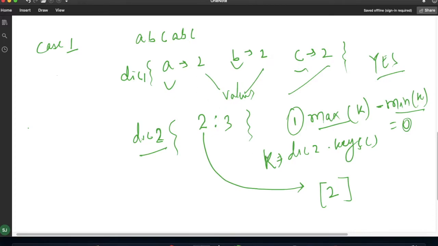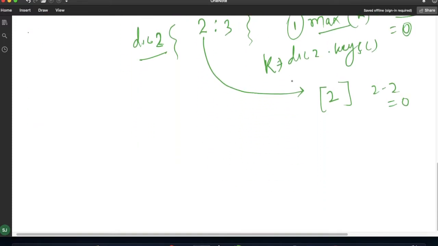So you can see here maximum is 2 and minimum is also 2. 2 minus 2 is 0. So you can see here all the occurrences are equal. So this was test case scenario 1 for returning only yes. Now I'm taking another scenario, case 2. Suppose I have a string like